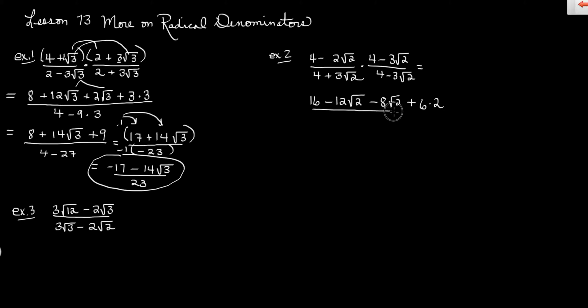And then in your denominator, it's easier. First is 16. Outer and inner add out. And so we're going to get 3 times negative 3 is negative 9 times 2. Then you clean it up. So you get 16 minus 20